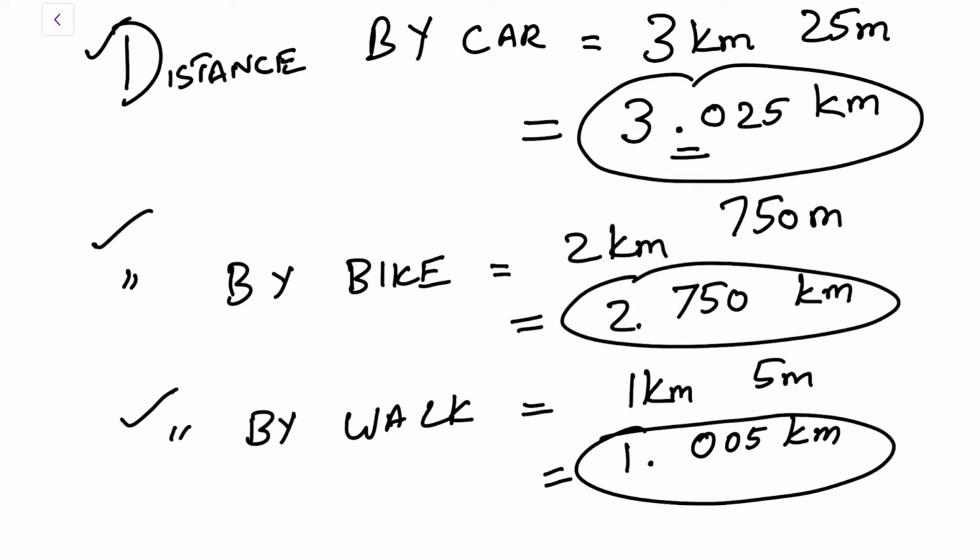We have converted into kilometers so that they will have the same units. Only if they have the same units, you can add them up. So as you can see, we have kilometers, kilometers and kilometers. Now it's a regular addition of decimals. Write down the decimals one below the other and just add it. As you can see, they are already like decimals because they've got the same number of decimal places, that is 3. Let's write down one below the other.